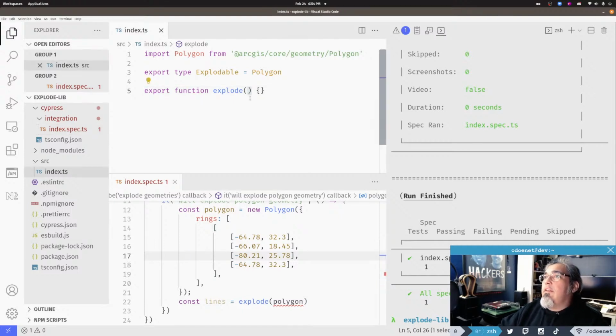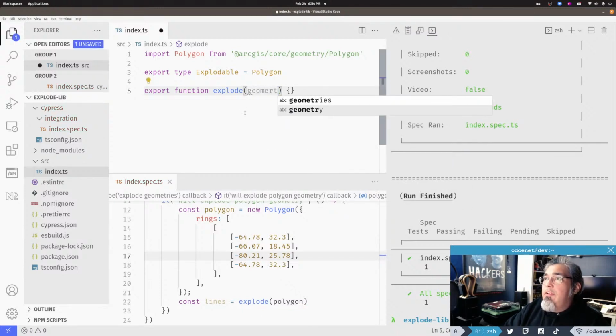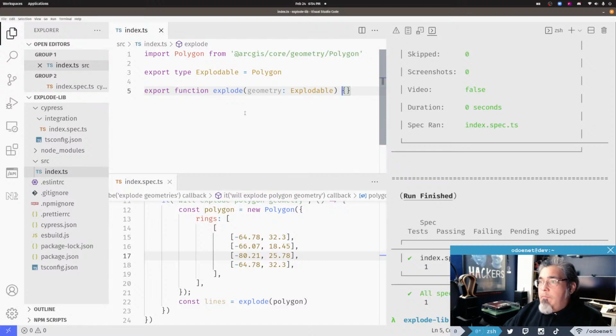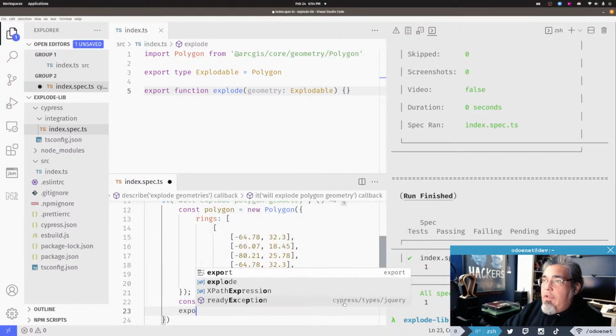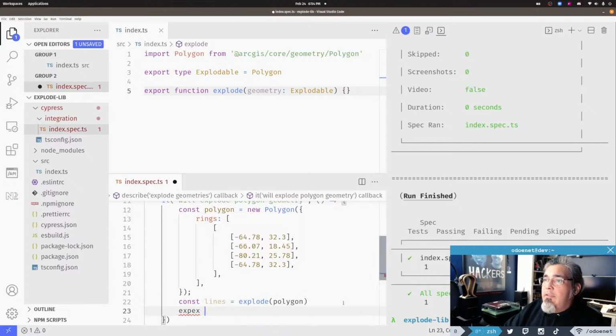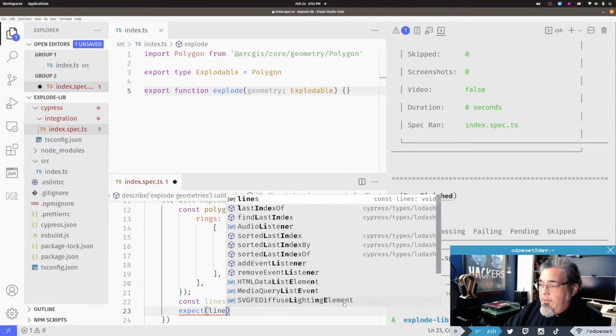So now I want to take a geometry. A second here, how do I do this? So this geometry is going to be of type Explodable. Hey, look at that. Okay, so now this is happy and good to go. Now when I explode this, I expect to get how many lines back? So I can say expect lines dot